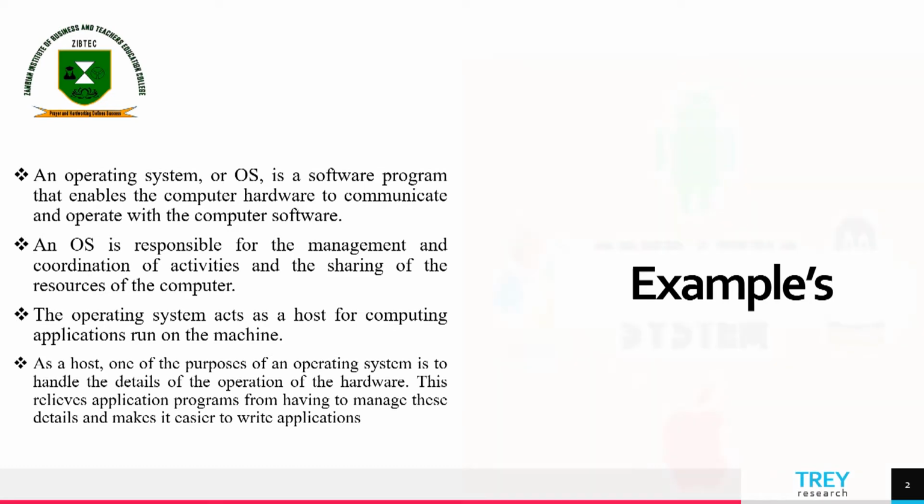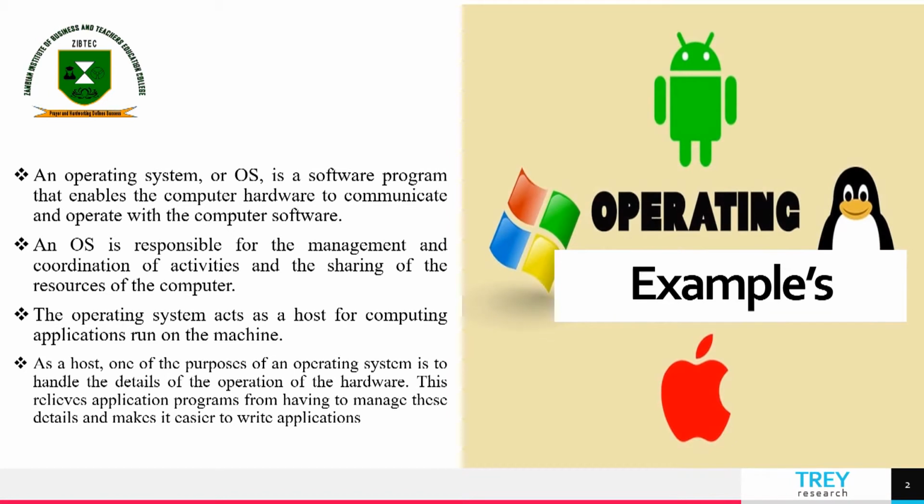Okay, so now the examples of an operating system. As you can see here, we have Windows, the one which is having 4 colors, and then this one is Apple. This one here, the penguin, this is the Linux operating system. And under the Linux operating system, this is where we find Ubuntu, Kali Linux, Elementary, and so on and so forth. Okay, moving on to the next slide, which is now talking about the functions of